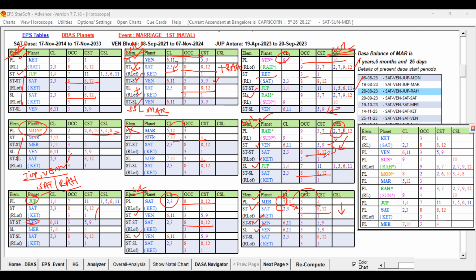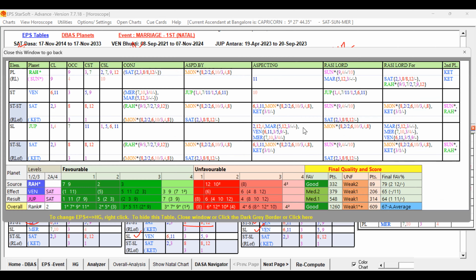I could feel that. And let us check whether any other influence comes through the support planets. Jupiter is good only, aspected by Moon, our unfavorable key planet. Sorry, not Jupiter. Rahu is good, aspected by Moon. And Saturn, Venus, already we know that Venus is influenced by Jupiter, and Saturn is influenced by Rahu, and Jupiter itself is ruling at this sub-level. So that way it has supports, and some unfavorable ones are present, but look at the source, effect, and result, all are good only.